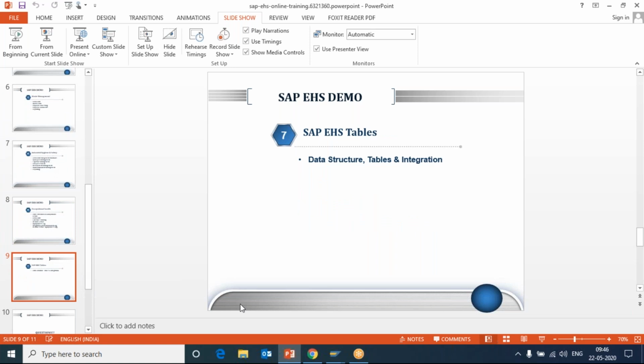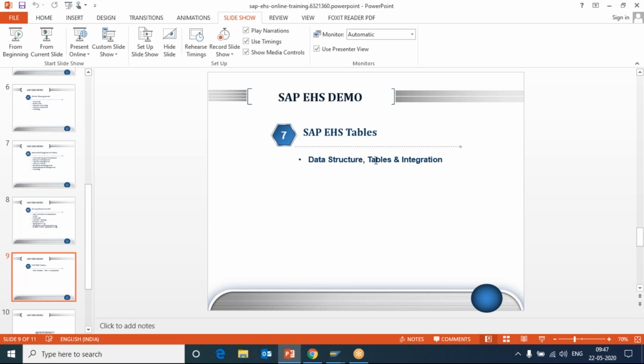So these are the sub modules within SAP EHS that we will go through. Apart from these, there are technical things also that you will come across, like EHS tables. A table is a data structure wherein all the data related to EHS is stored, and whenever you create reports, the data will be fetched automatically from these tables and filled into the reports. We will see the EHS tables in detail.